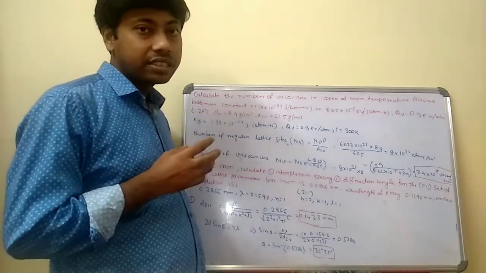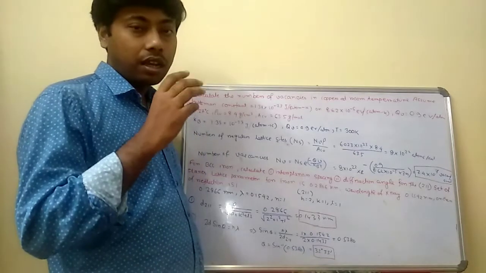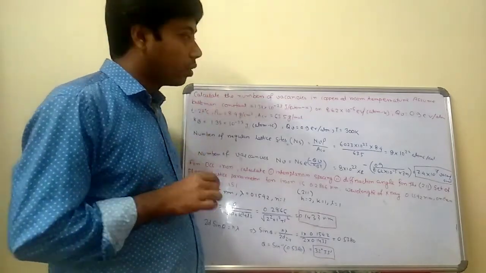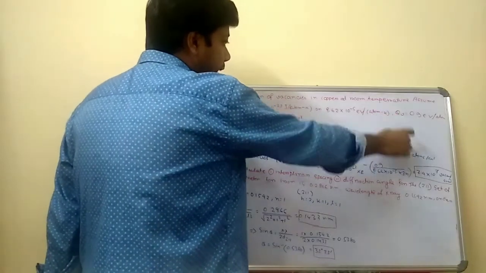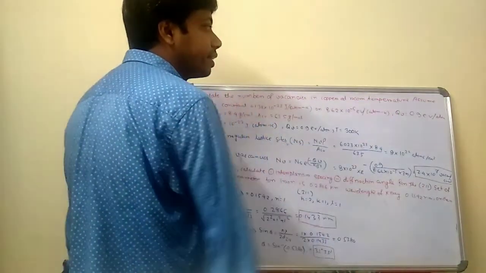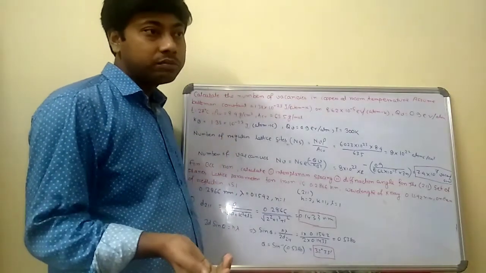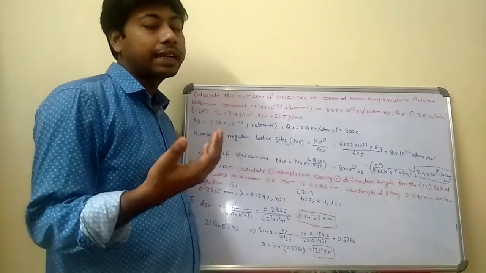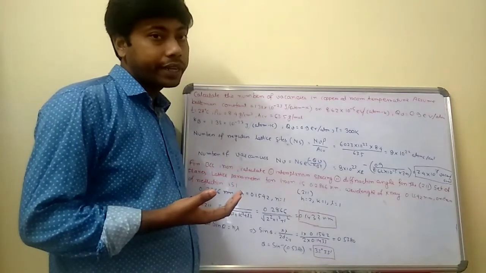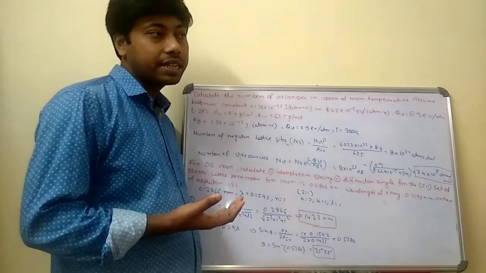That activation energy is designated QV, which is 0.9 electron volt per atom. It means per atom you require 0.9 electron volt